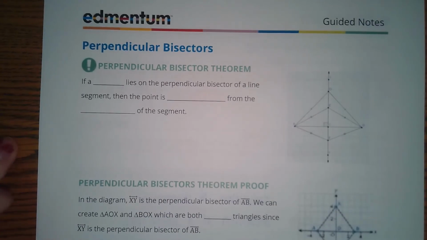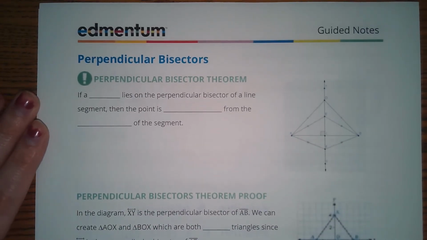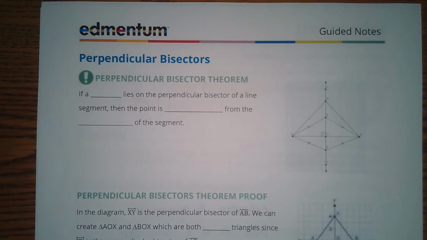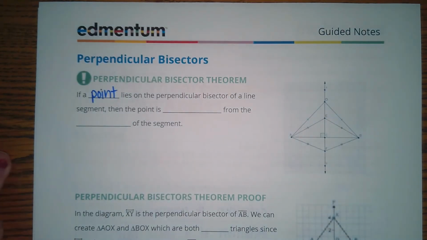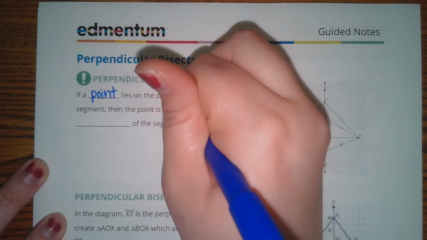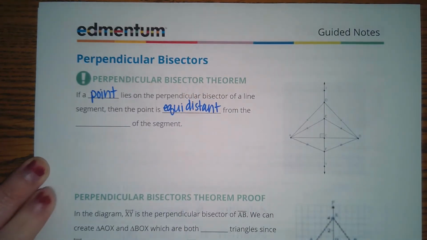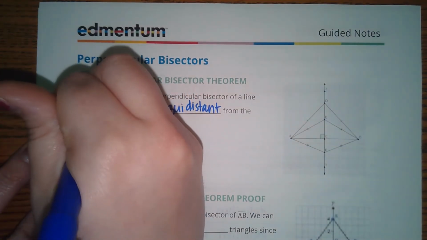And then very last page, I know that these notes are a little bit long. So last we're going to look at some perpendicular bisectors. So my perpendicular bisector theorem says that if a point lies on the perpendicular bisector of a line segment, then the point is equidistant from the endpoints